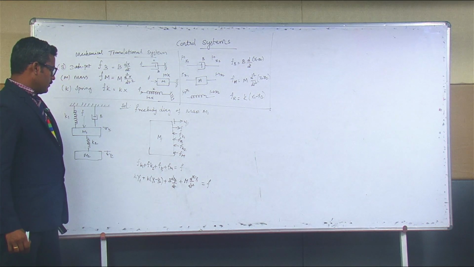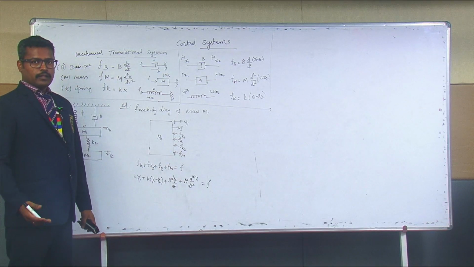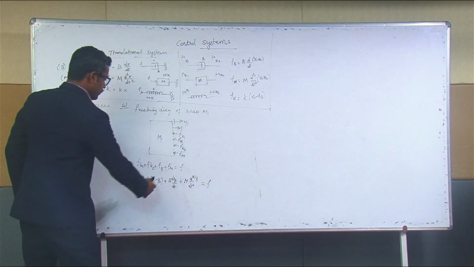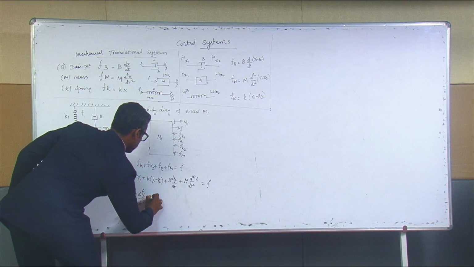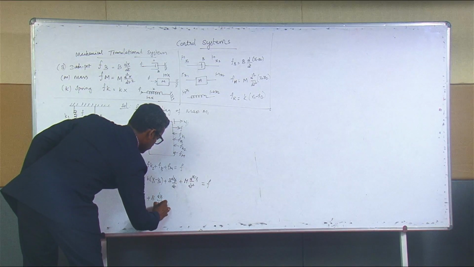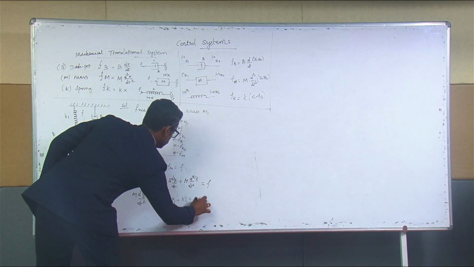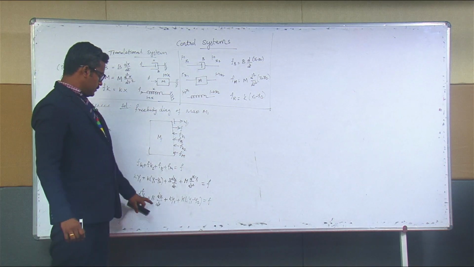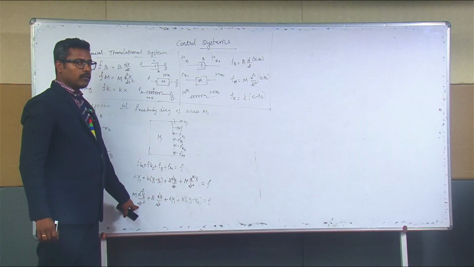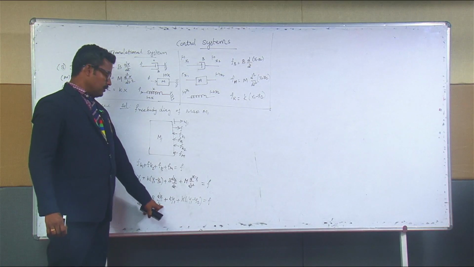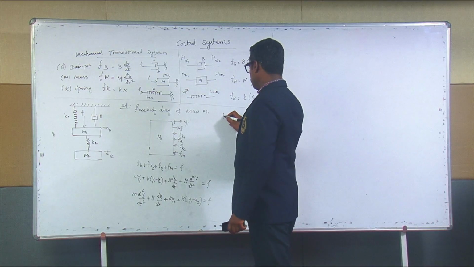Okay, so we can write the Laplace transform to convert this mechanical equation into an s-domain equation. Before that we rearrange the equation: m into d square y1 by dt square plus b into dy1 by dt plus k into y1 plus k into y1 minus y2 equals f. First mass, damper and spring we are writing, because when converting into the Laplace domain, the second order differential will be in s square, the first order differential will be in s, and the last is a normal coefficient. Okay, so if you take the Laplace transform